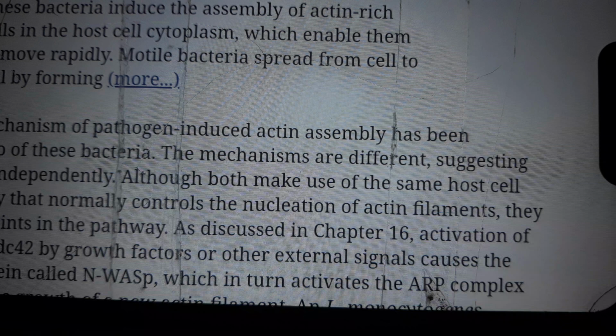The actin-based movement of Listeria monocytogenes within and between host cells. These bacteria induce the assembly of actin-rich tails in the host cell cytoplasm, which enable them to move rapidly. Motile bacteria spread from cell to cell by forming